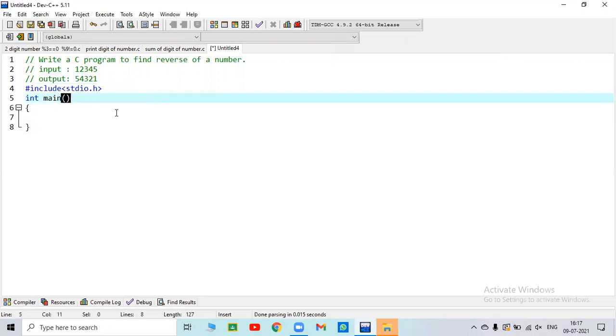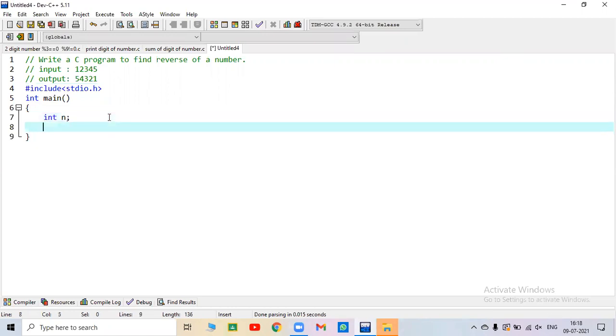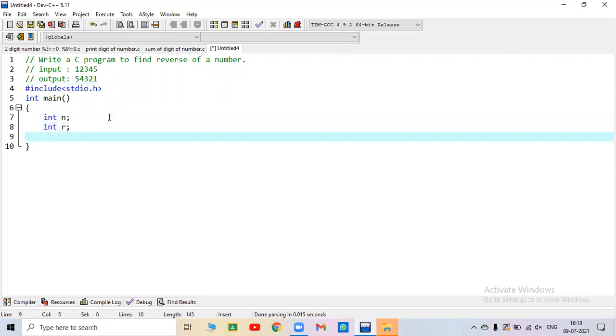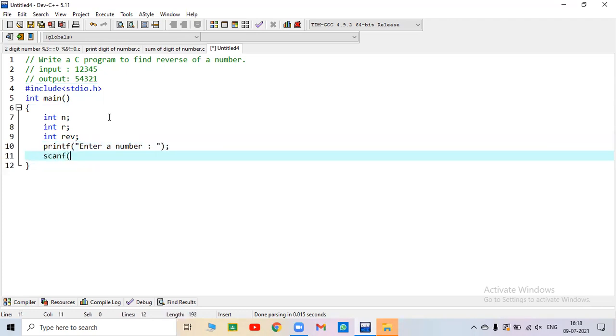Now a number, we will take our number into a variable n. For taking the remainder, it is r. For storing the reverse of the number, taking a variable rev. Now give the message to the user to enter a number. Now store it into the variable n.